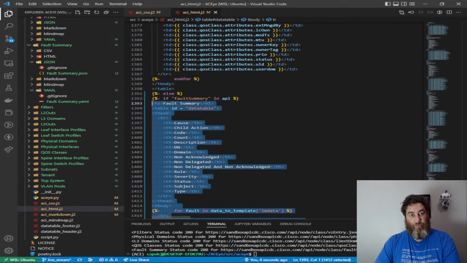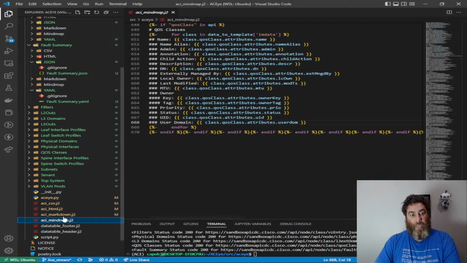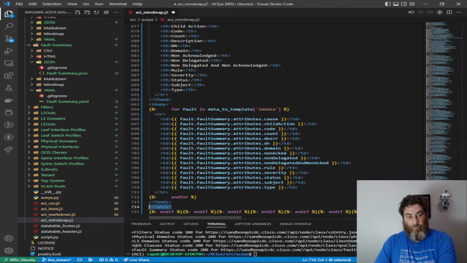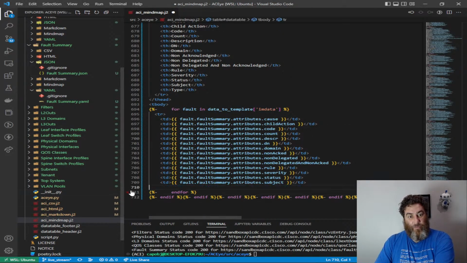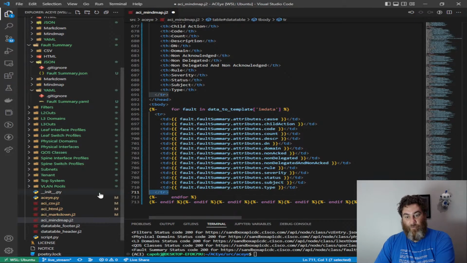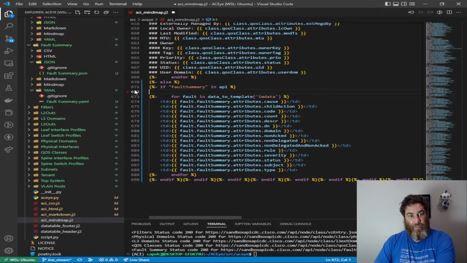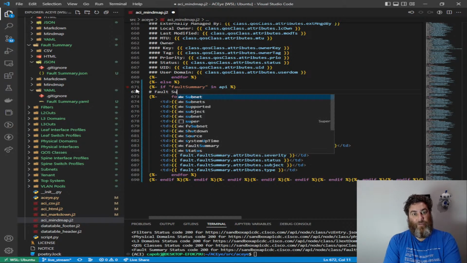From the end if to the else, copy, mind map, after the last end for, carefully flush out the HTML, and we have a pound fault summary,